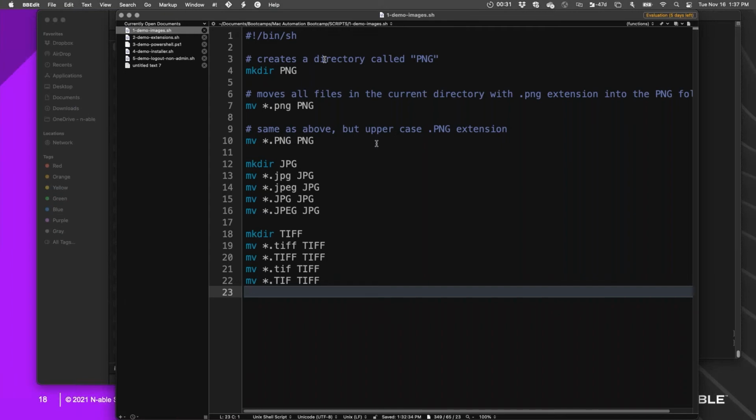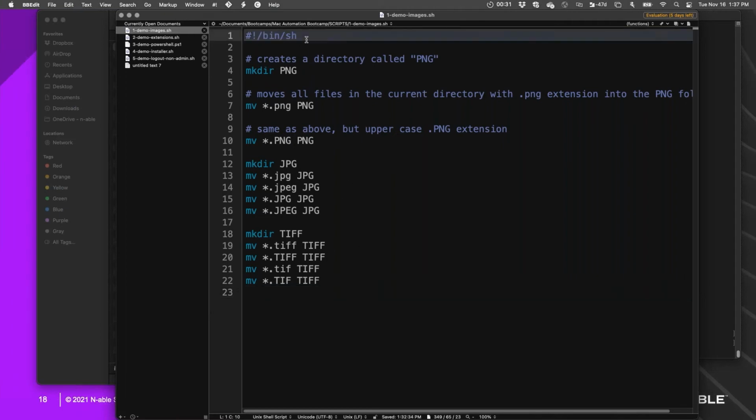It is a little tedious, and it will break if you need to add another kind of file into your list of files. So this is where a lot of people start when it comes to automation. I'm doing these things instead of doing them by hand. I'm doing them on the command line. And if I'm doing them on the command line, I'm just going to put all those commands into a script, save it, and then run that script.